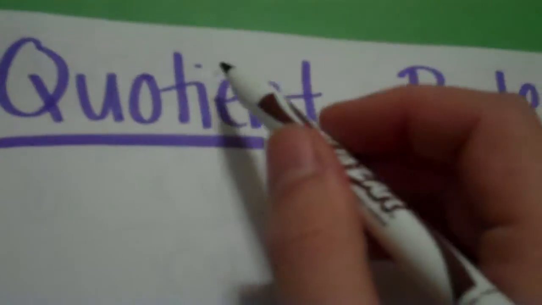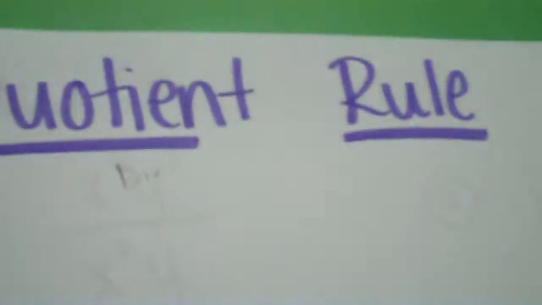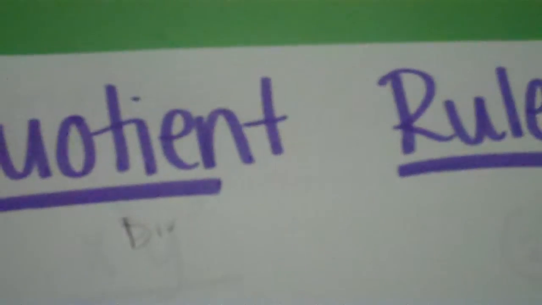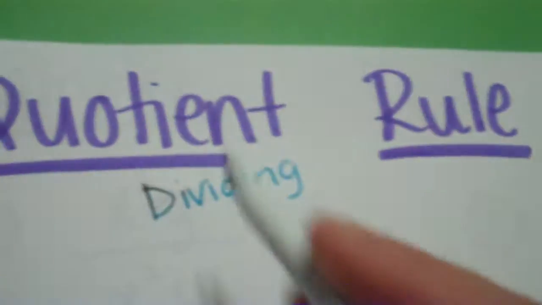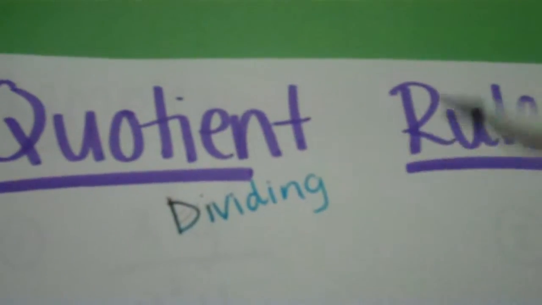Okay, and if you don't know what quotient means, it's when you're dividing. Okay, so quotient just means the answer to a division problem, so that's where that comes from. Okay, so the rule is that when you are dividing,